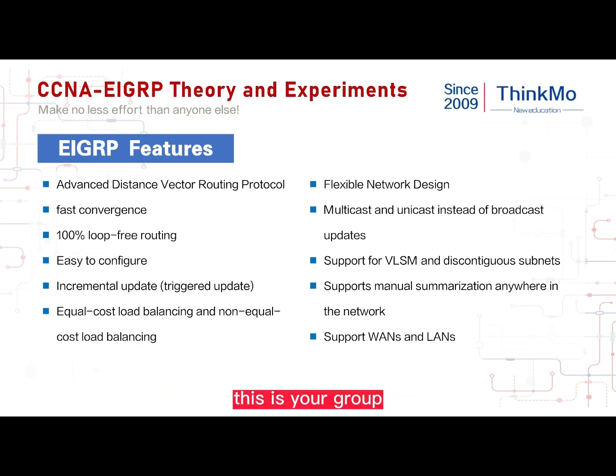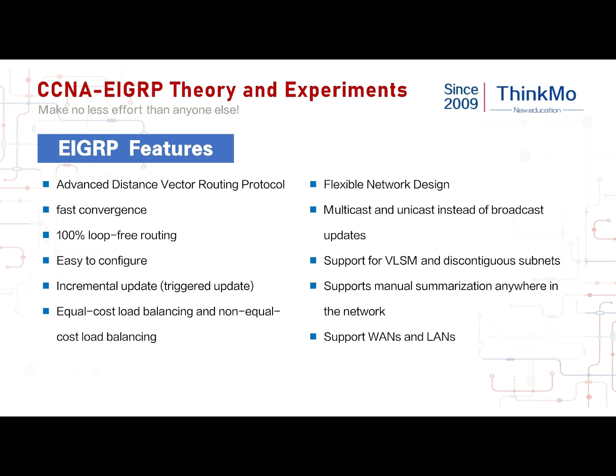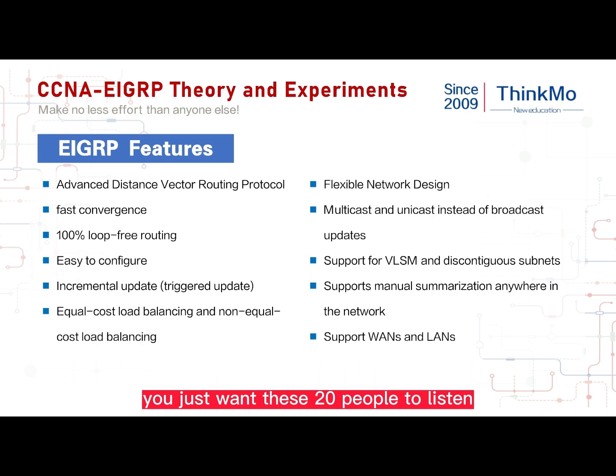For broadcasting, it means you are within the scope of your company. You send data that everyone can hear. But sometimes you just want these 20 people to listen. You have a small channel. This is called multicast. If you want to send data to others alone, sending one-by-one is called